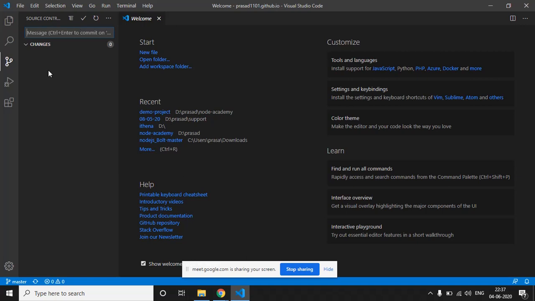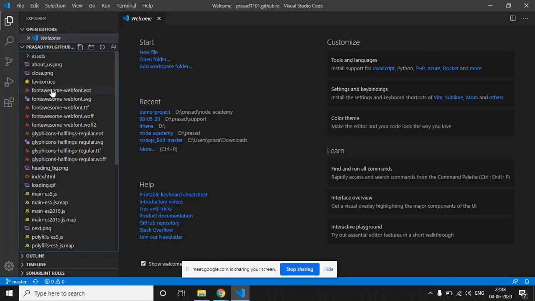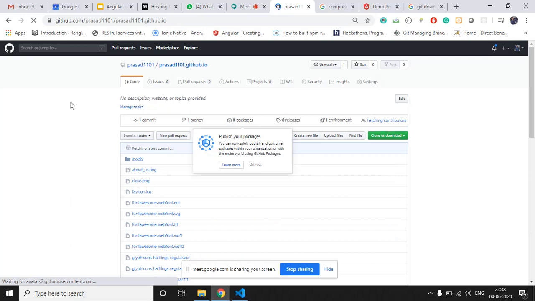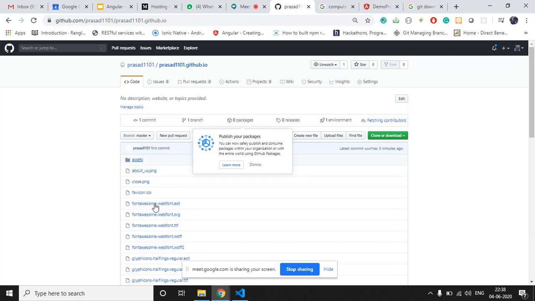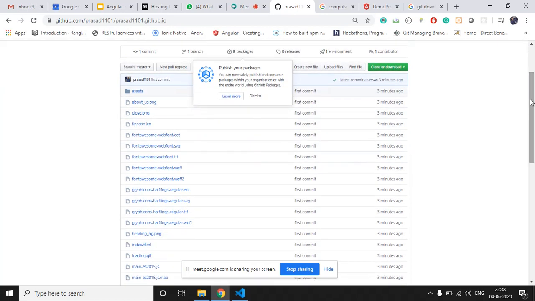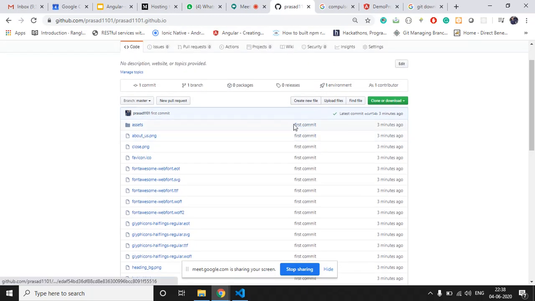Yeah. So now we have successfully pushed our code onto the GitHub repository. Just go to your GitHub repository and refresh here. You can see all the files we have pushed from our local machine to the GitHub repository, right? And it will show us here this was the message that we have written for our commit, and we have committed all this code 3 minutes ago.